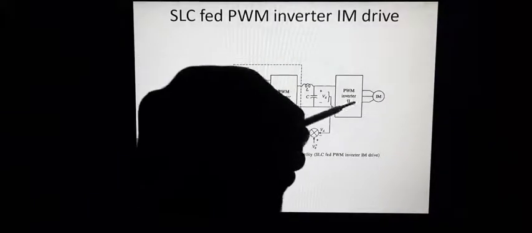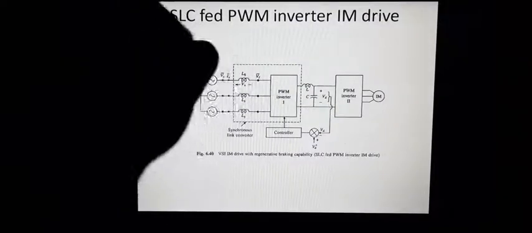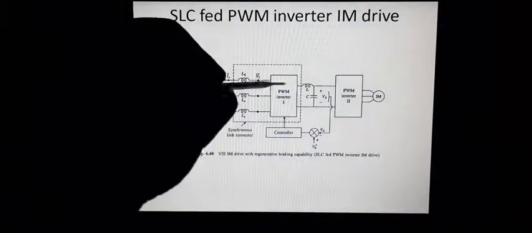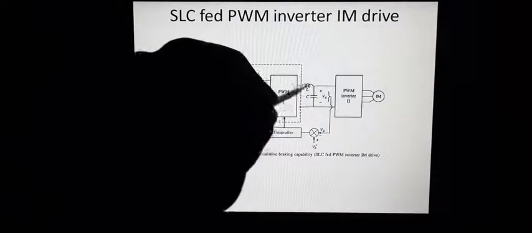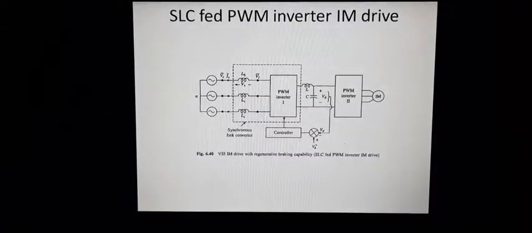Similarly, the power which is being taken by this inverter is being fed to this SLC, means definitely the same power is being fed to this SLC during braking operation. Then in that case also the voltage across this DC link, that is the voltage across this capacitor, will remain constant. So this particular case we can explain as a steady state.